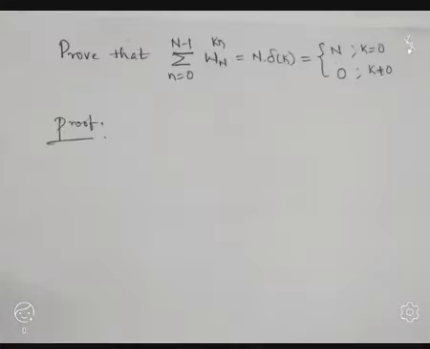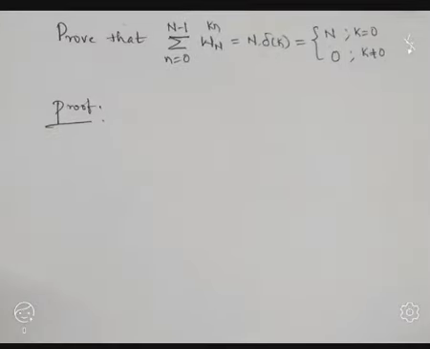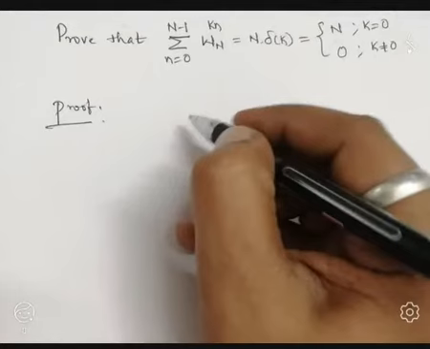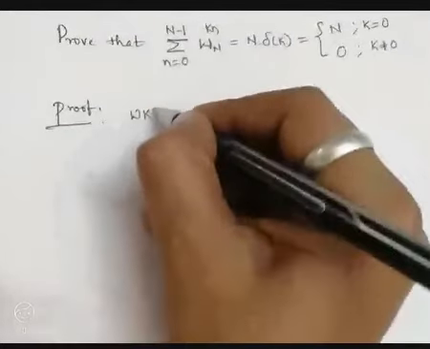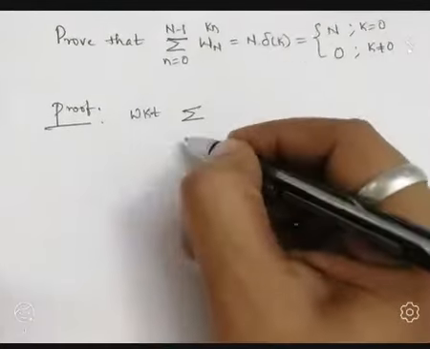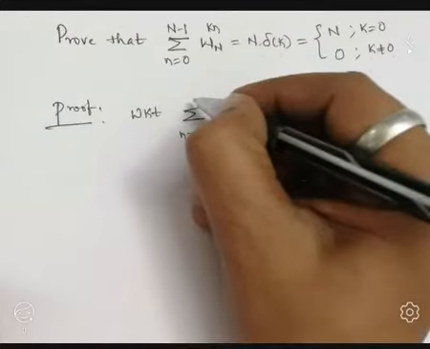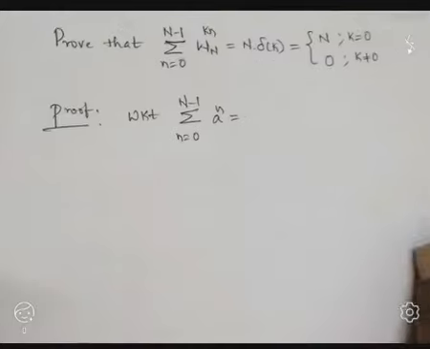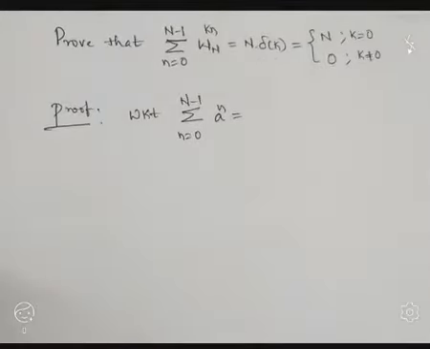So we are going to prove this one with the help of the mathematical summation series formula. That is, we know that summation n equal to 0 to N minus 1 of a to the power n is equal to, it is the mathematical summation formula. If it is so, then what will be the RHS? RHS becomes